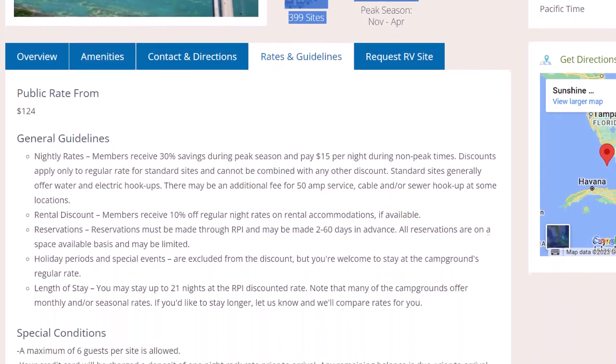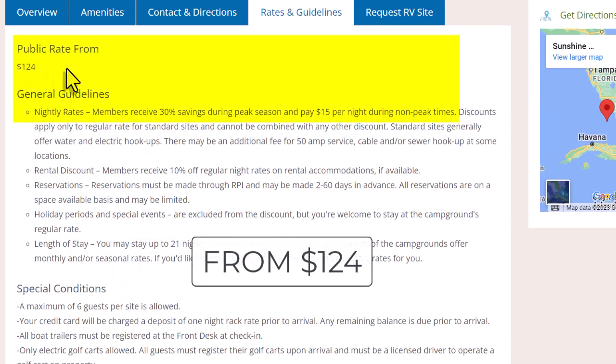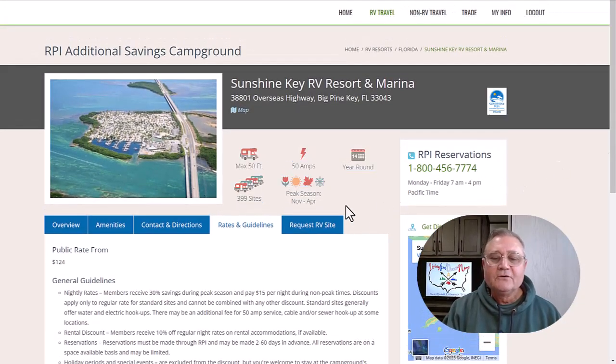And what I want to point out to you is it says the public rate $124 a night. Nightly rates. Members receive 30% savings during peak season and pay $15 per night during non-peak times. So I told you right here about peak season. Peak season for this resort is November through April. So when I'm planning a visit here, I'm going to make it like the first week of May